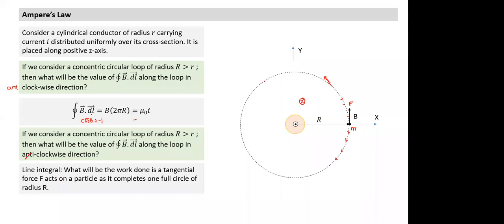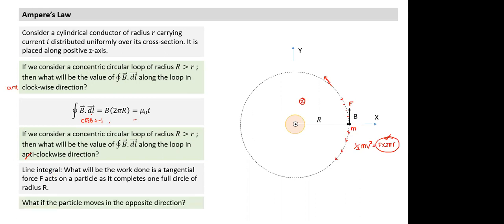So what will the work done be in that case? Work done will be equal to F into 2 pi r. If we start from rest, by the time the particle comes back here, the kinetic energy will be equal to the work done, so 1 by 2 mv squared. If we apply a constant force F going in the clockwise direction, it will be F into 2 pi r. And when we calculate work done along a path, it is nothing but the line integral of force along that path. So this also is similar. I hope you have one more way to understand what line integral implies.